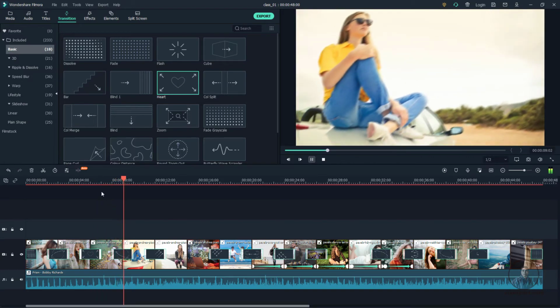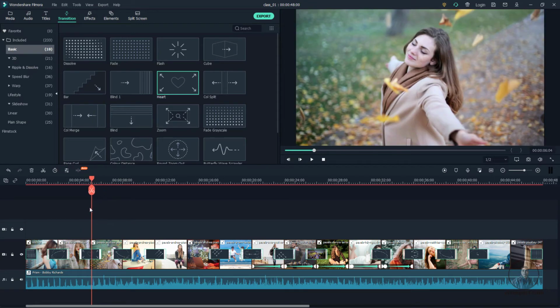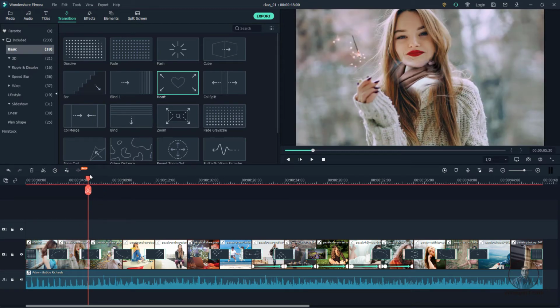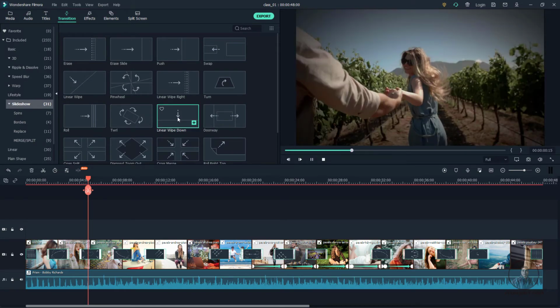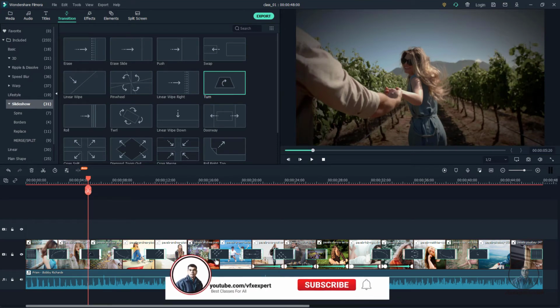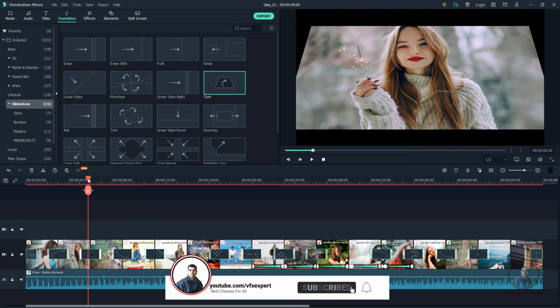So suppose this transition is not looking good. If you want, you can simply delete it, or you can override it with another transition. So here I am going to overwrite with this transition, then simply drag and drop, so it will automatically override the previous transition.